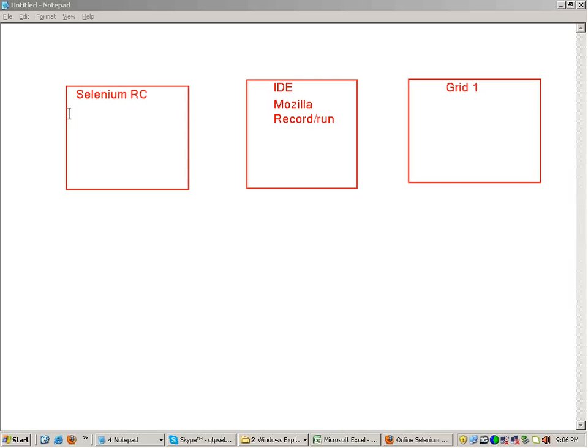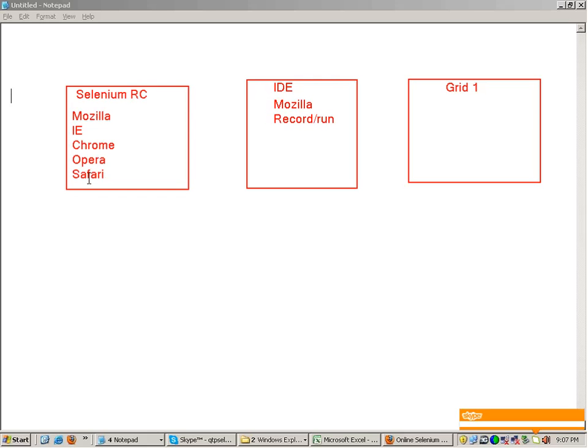Fine. So RC as a tool worked on Mozilla, IE, Chrome, Opera, Safari. Plus, this tool required a tester to learn any one of the languages like Java, C#, Ruby, Python, Perl, PHP.